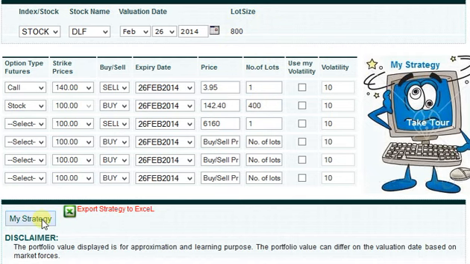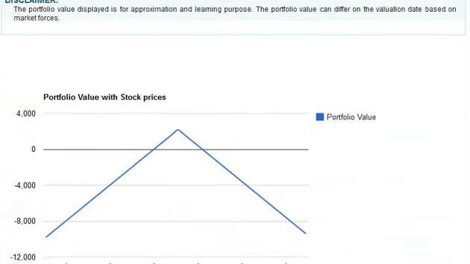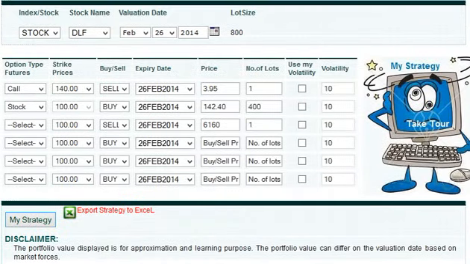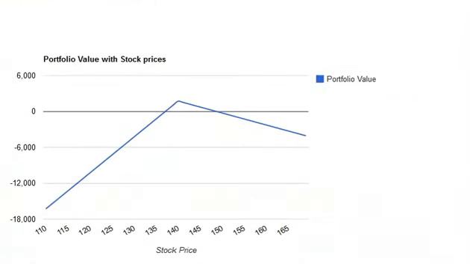So I'm going to click on my strategy button and I can see how my strategy would look like. So this is how my strategy would look like. So to overcome these scenarios, we can also try increasing number of stocks. So let's say I've increased number of stocks. So I'll see how my strategy would look like. So I can see that my strategy would look something like this, though my range has increased but other parameters have changed.